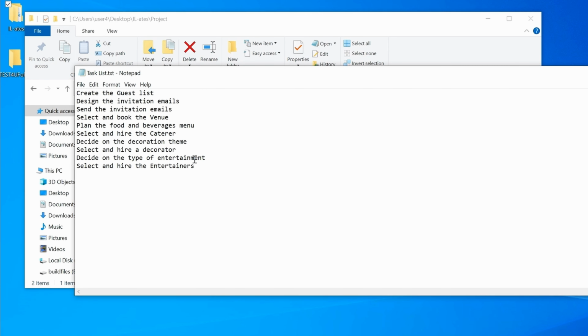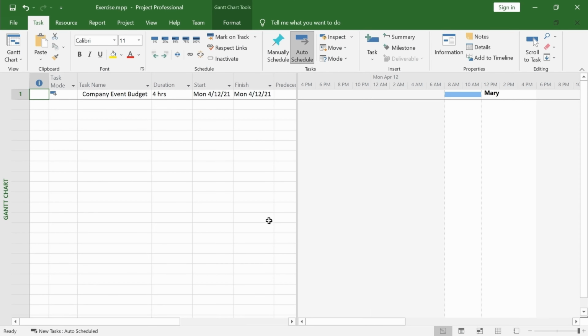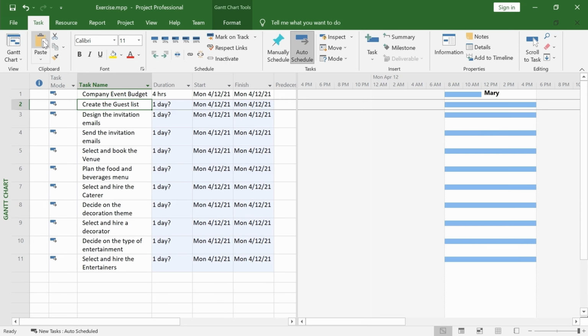Open the file and copy all its contents. Go back to the project file and click on the second row of the task name column. Click on the Paste button on the ribbon or simply use Ctrl+V in the keyboard.